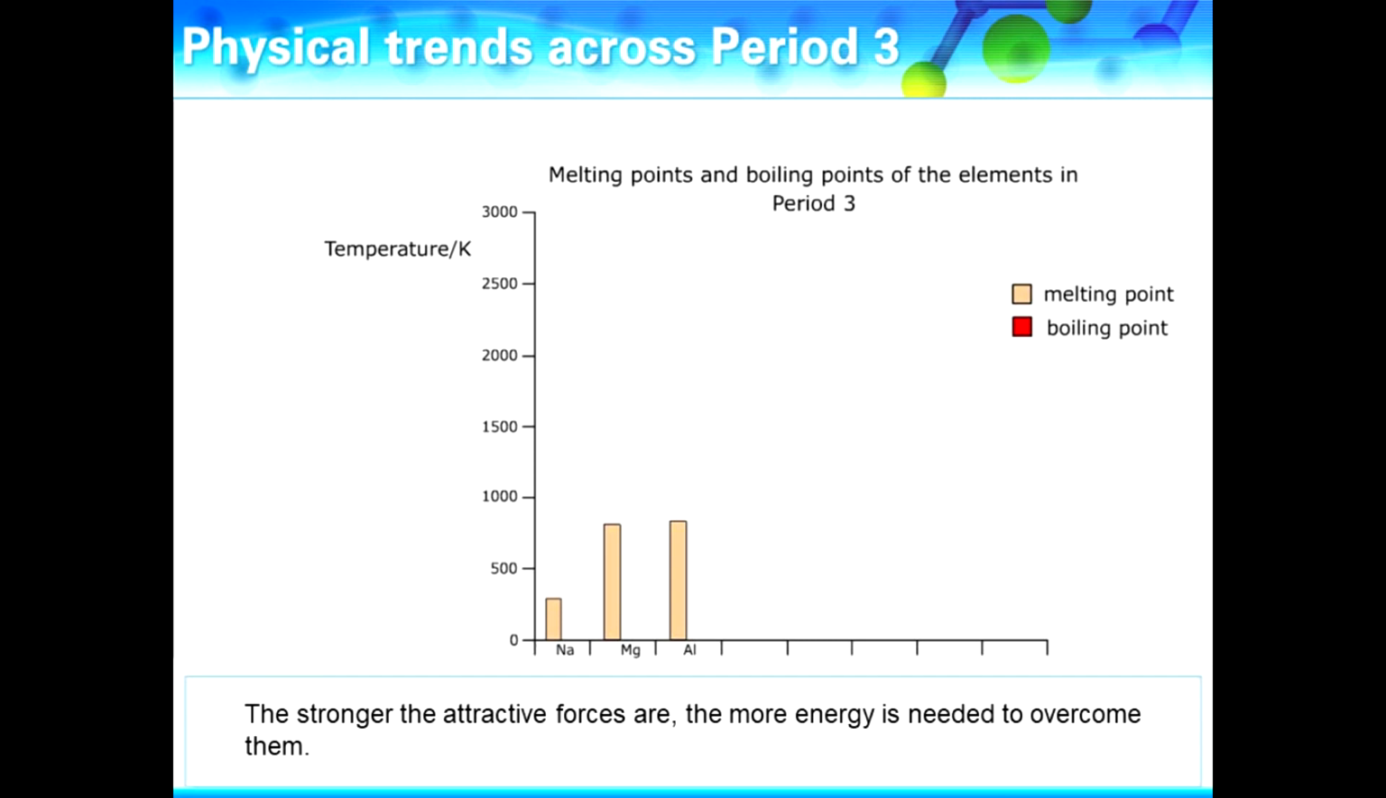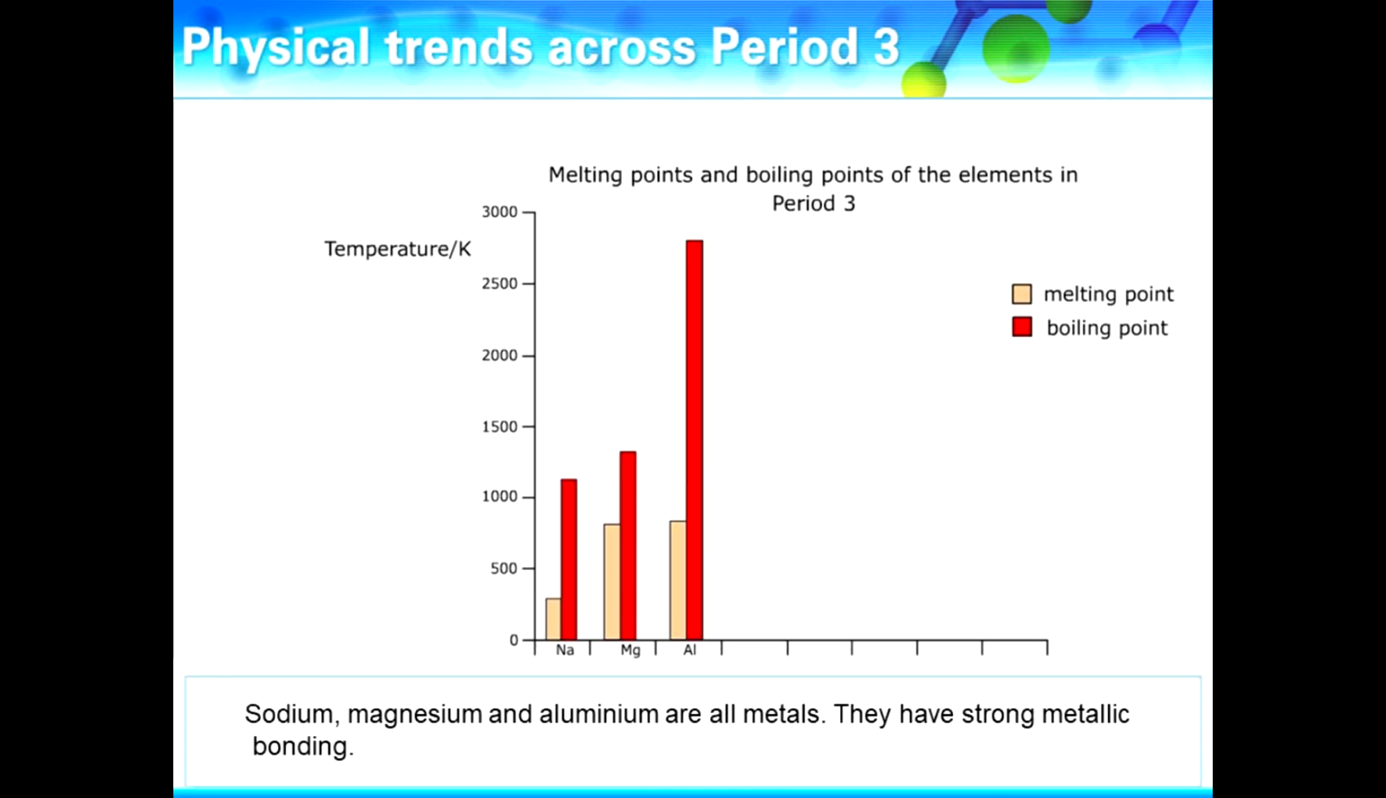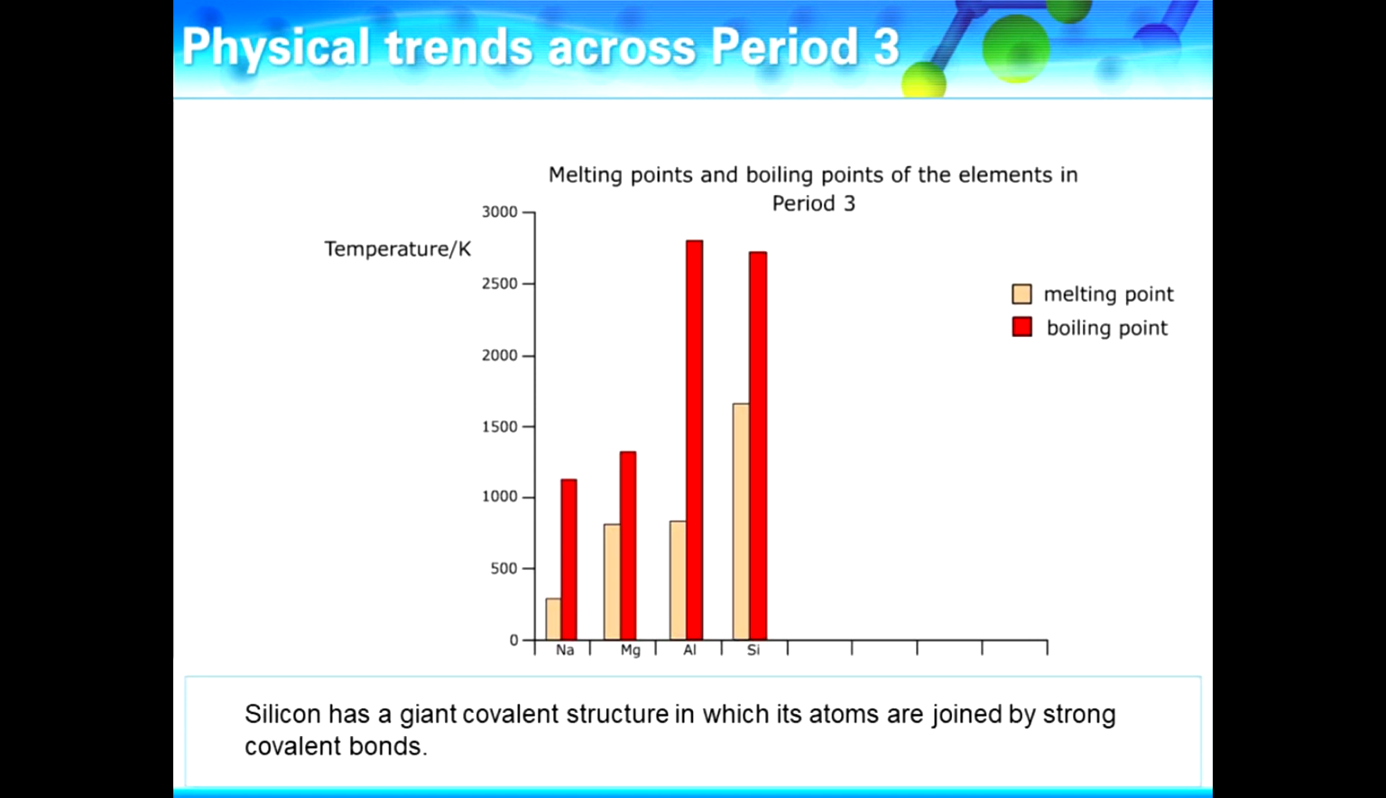Starting with the metals: high melting and boiling points that rise due to the increase in charge on the ion, aluminium is 3+, and the increase in the number of delocalized electrons. Next, the element in period 3 with the highest melting and boiling point, due to its giant covalent structure,